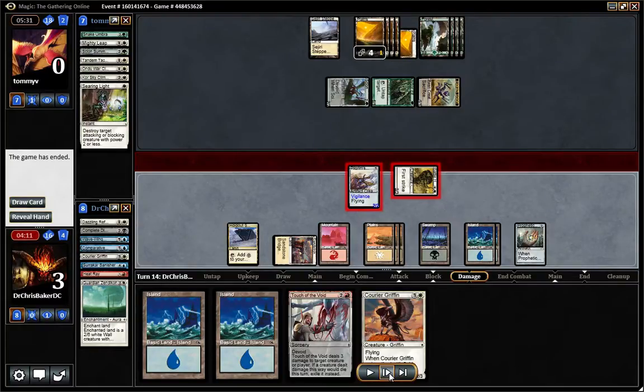And then if he gained life somehow miraculously, I could still follow up with Courier Griffin to play a blocker and gain some life, so I'm not dead on the crackback. So, pretty crazy games. Tommy V has got a great deck, and looks like he just got a little flooded